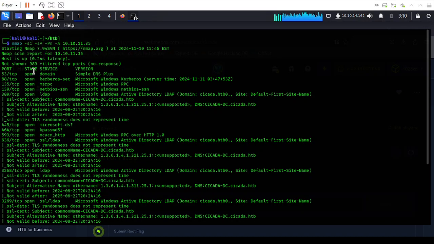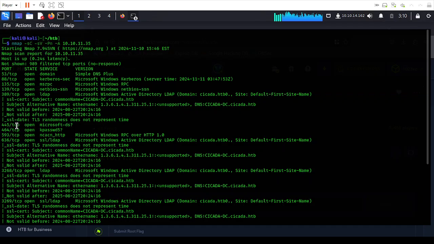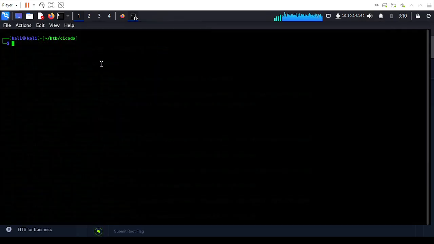So the nmap scan had a bunch of ports open here, and what we'll first look into is port 139 and port 445. We'll start with those first. Then we'll proceed to these ones, the LDAP, as we go on. So what we'll first do after that nmap scan, what we'll now do,